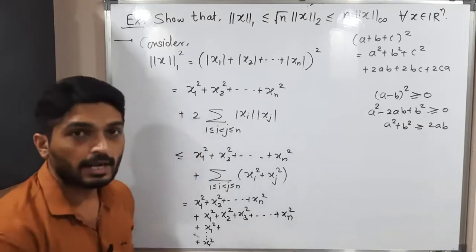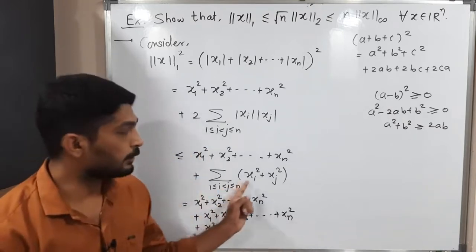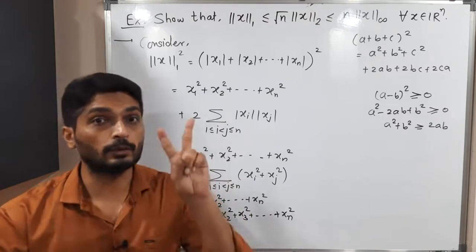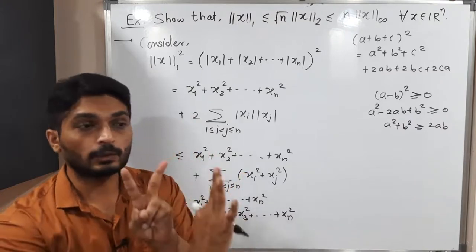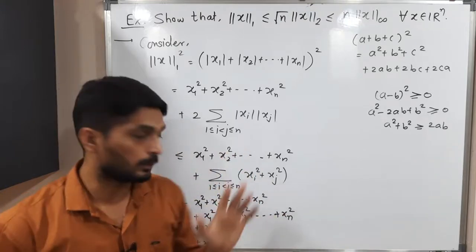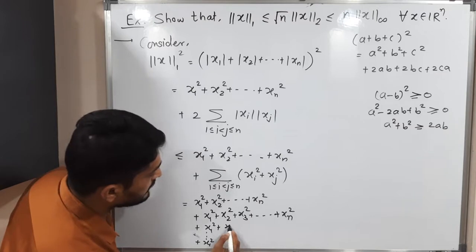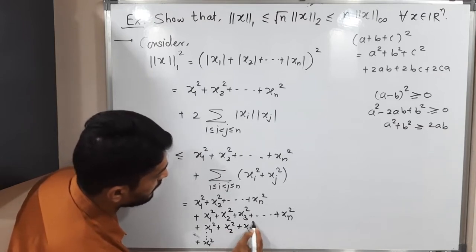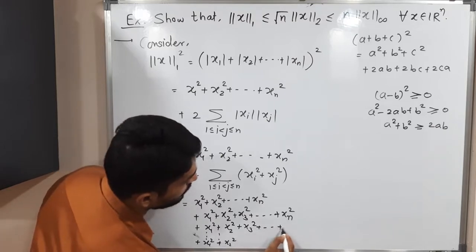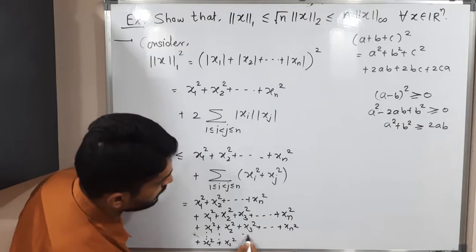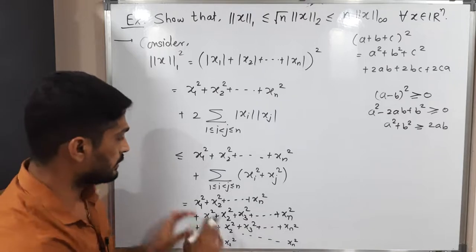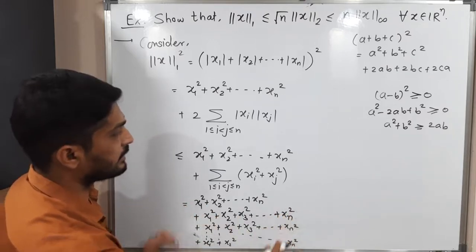After reaching the end point xn square, I will change the value of i. We had taken i equal to 1. Now I will go to i equal to 2. i equal to 2, j equal to 3. i equal to 2, j equal to 4. i equal to 2, j equal to 5. In this way we'll continue. So let me write it properly. Now i equal to 2: x2 square plus x3 square, right? After that plus x2 square, and in this way it will go up to xn square, right? And so on. That means we will fill in this way, and one type of matrix we will have, n minus 1 by n.